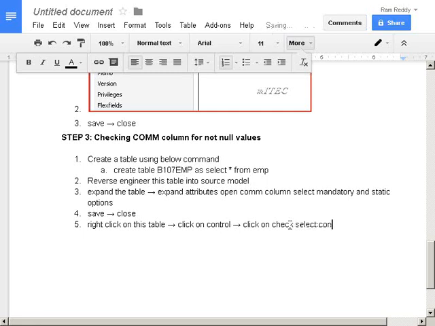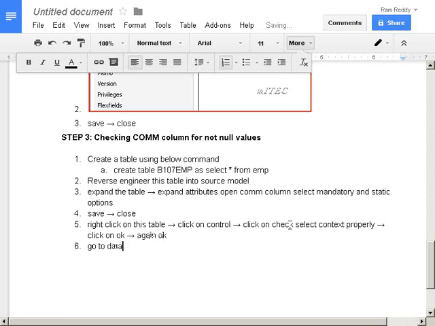Select the context properly. Click on OK. Again OK.